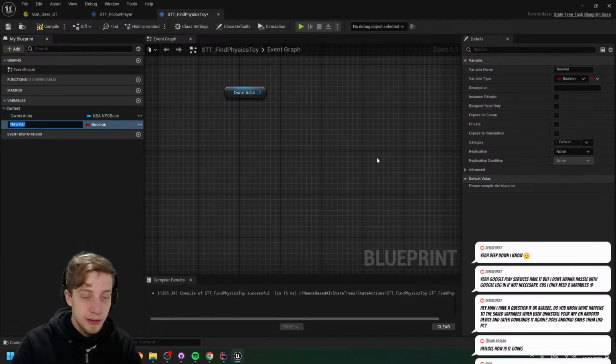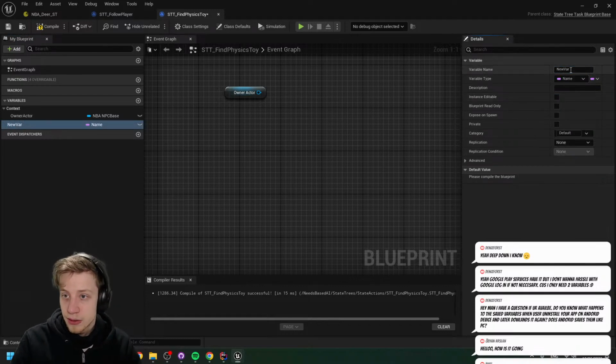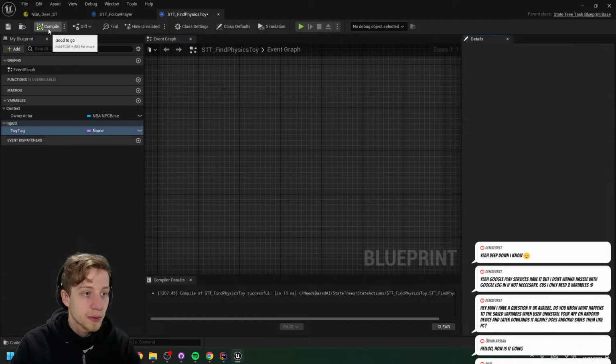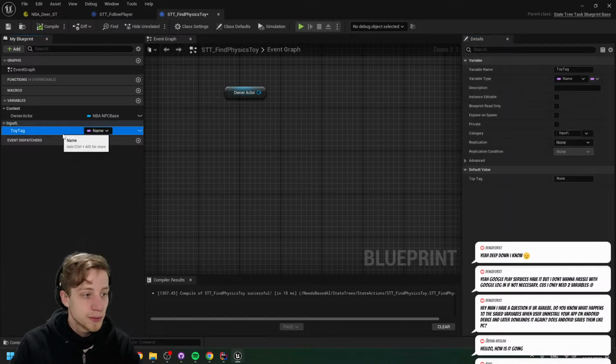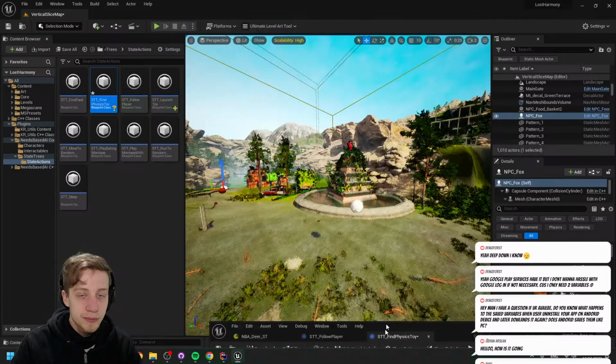And we're gonna need here a new input parameter, which is gonna be a name. Let's call it toy tag. And we can call this the input parameter. I messed up the category. Alright.